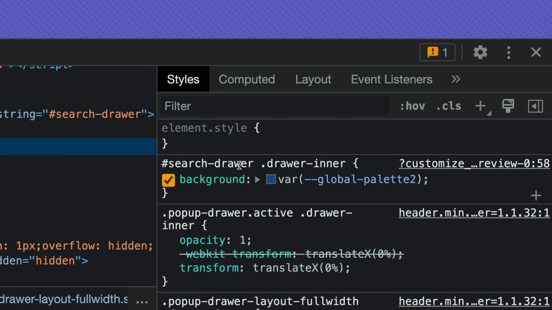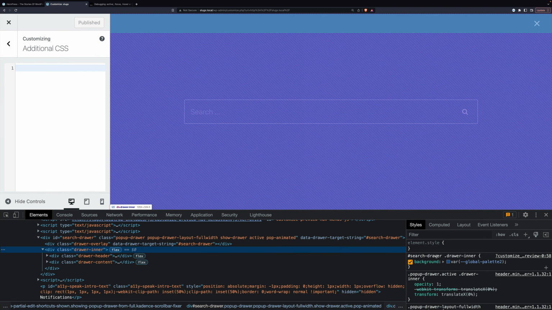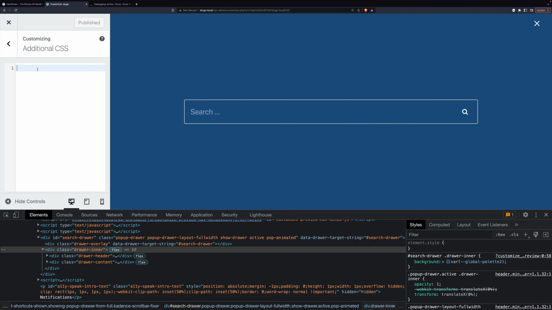We really only want to do this on desktop. We want the mobile to remain full screen. It works better. So the first thing we're going to put into our additional CSS is a media query. And so what this says is that anything we put inside here only works with a minimum width of 768 pixels. So basically wide.